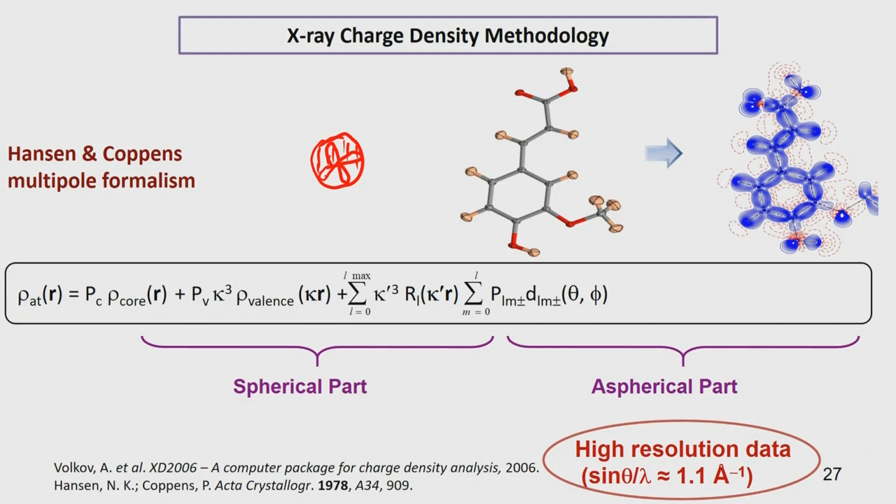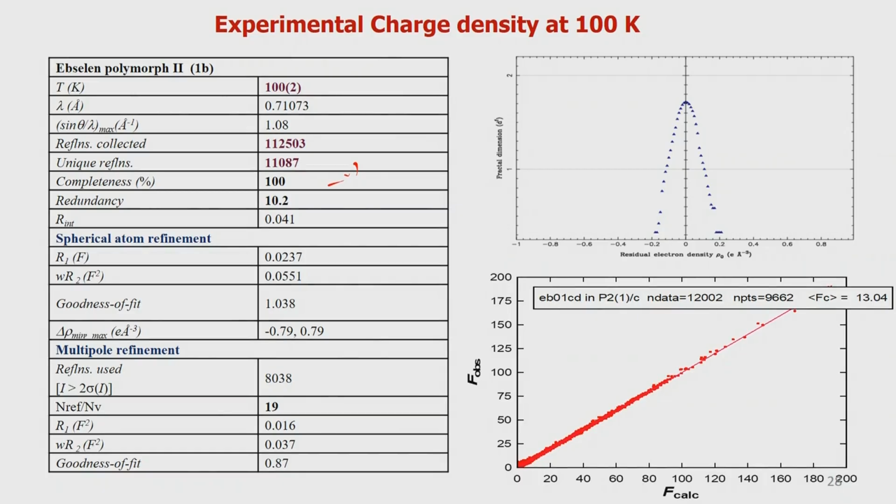So, there will be 26 parameters in total, counting the 9 plus the additional parameters. So, we therefore refine 26 parameters per atom. Considering that, the ratio of the number of reflections to the number of variables is 19. It is generally recommended that it should be at least 10 for a successful determination of bonding density. So, it is quite overdetermined in that sense.